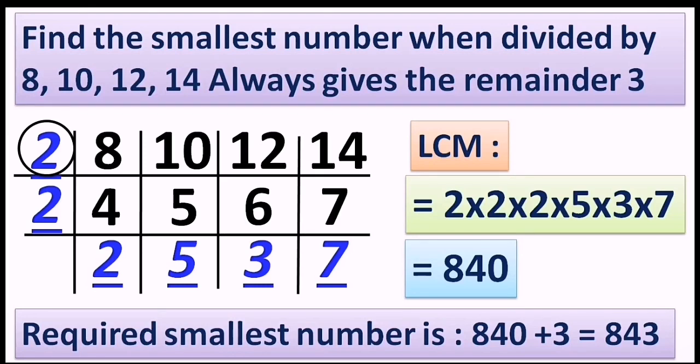The moment you read this question, the very first thing is to find the LCM. The way we are finding it, it doesn't matter how many numbers there are, you know the way, right? Whatever LCM you get, you just have to add the remainder to that LCM, and that will be the dividend. The question is about finding the dividend, so here the dividend is 843. So what do you think?